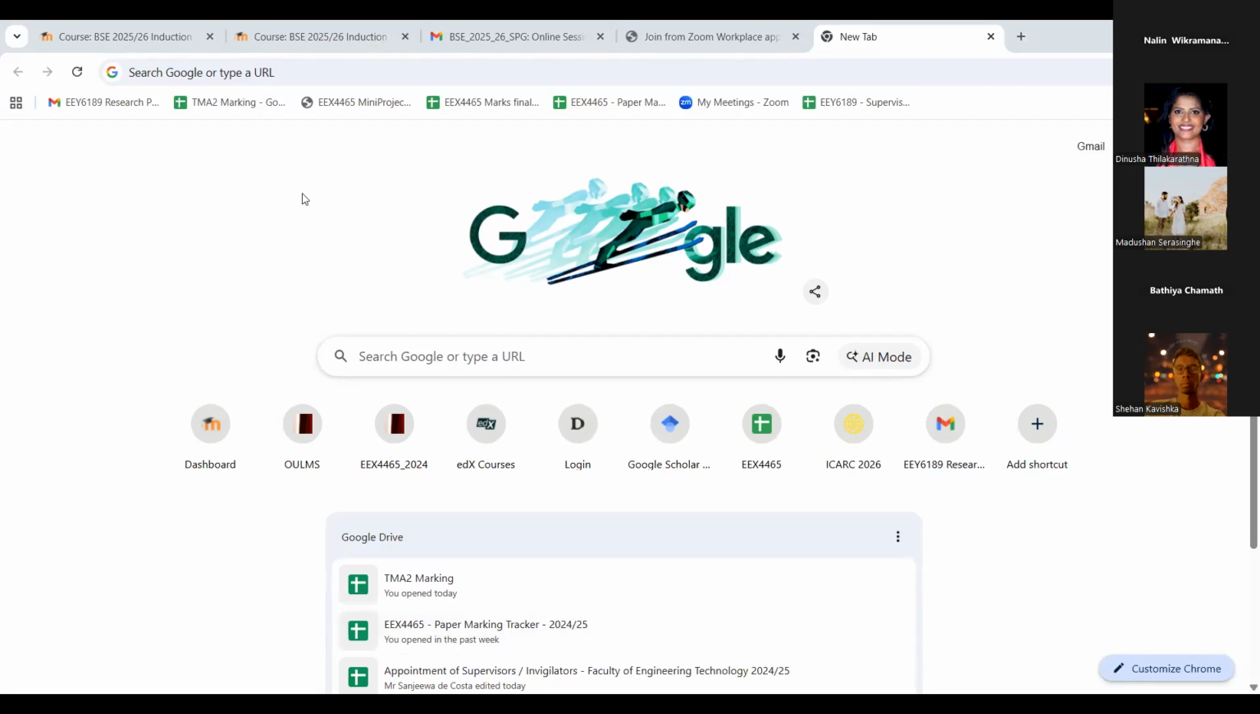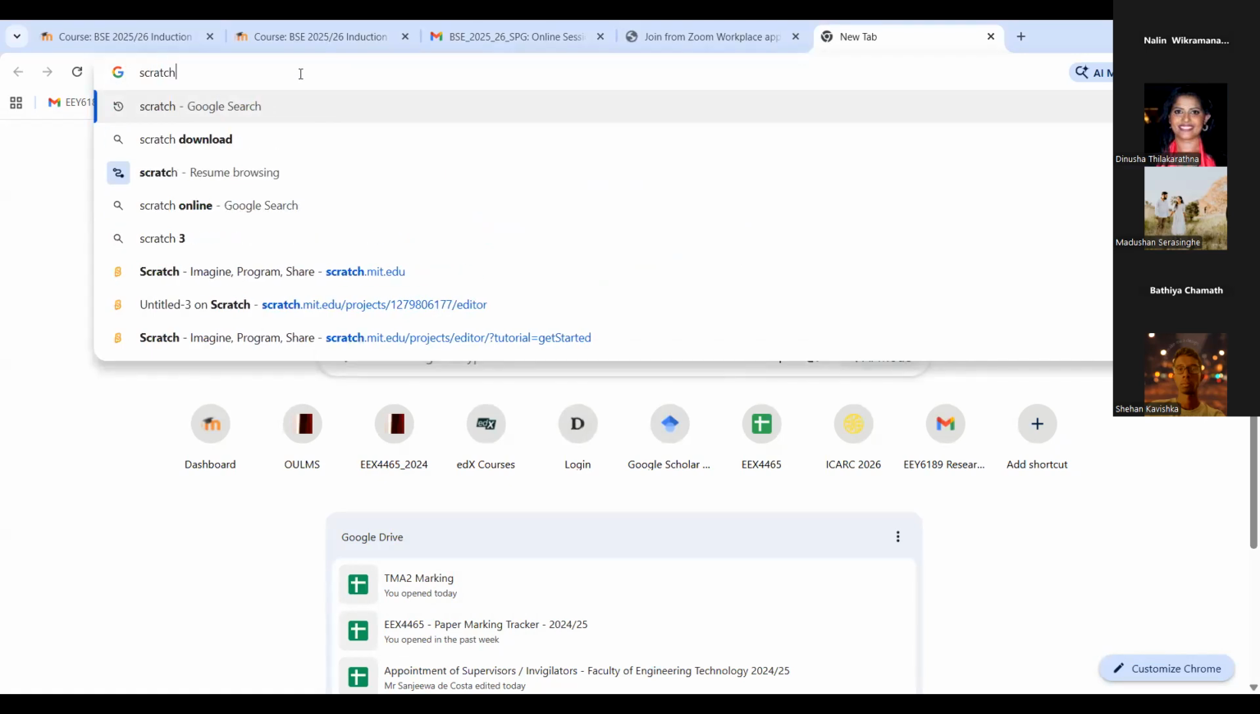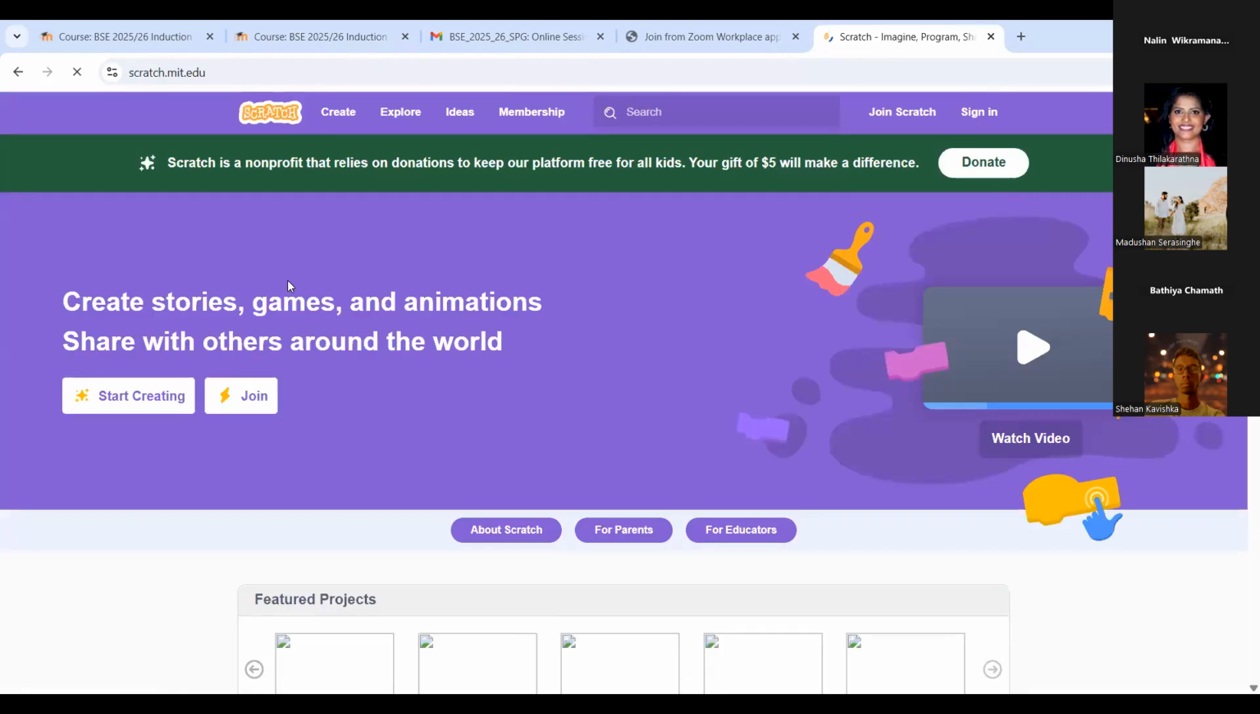So first of all, you can see my screen, right? First, let's open a web browser and type Scratch, because we need to go to the Scratch website. Then you will see some suggestions here, and you have to select https scratch.mit.edu. So when we go there,